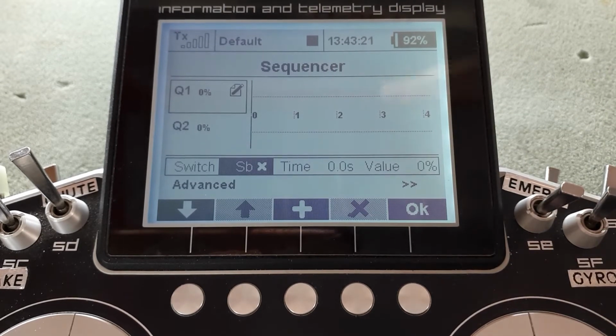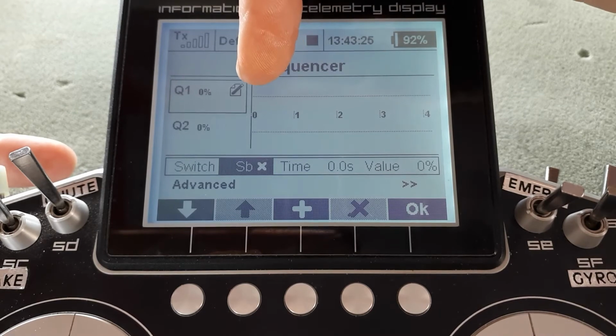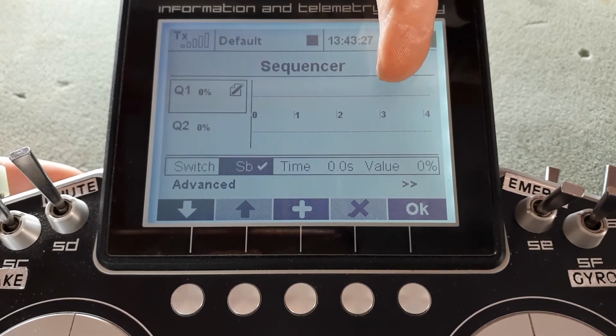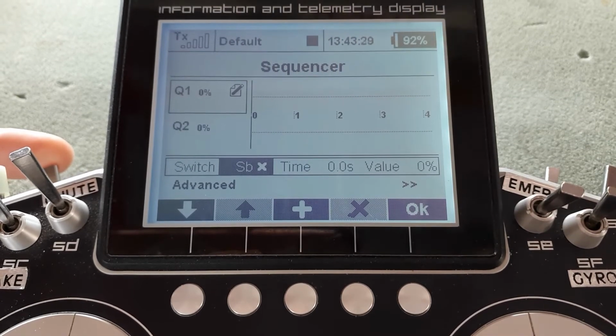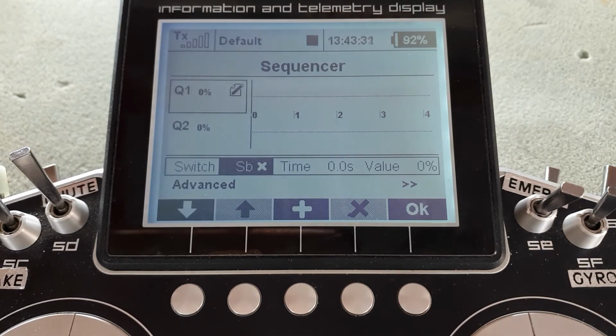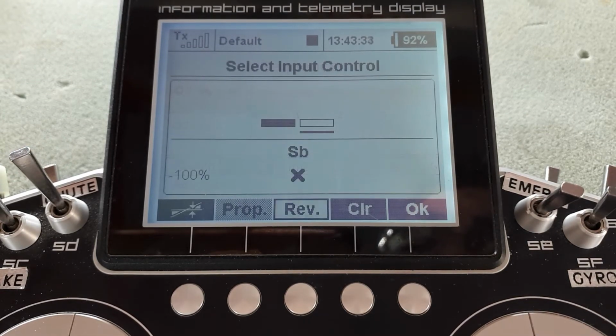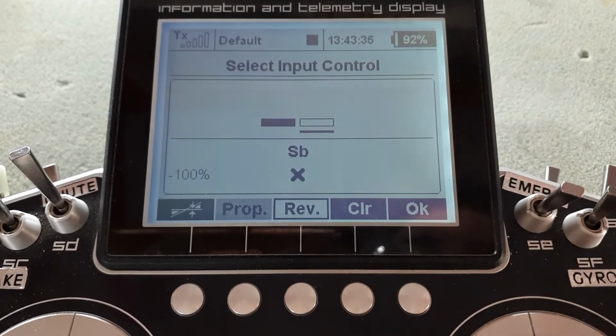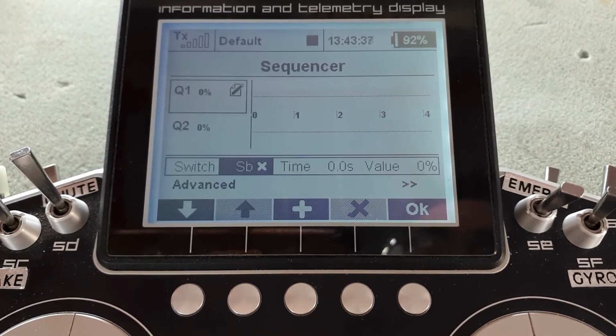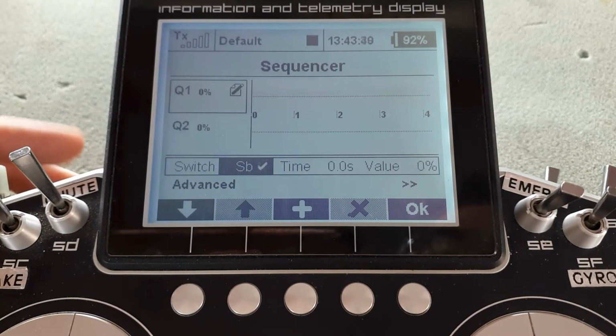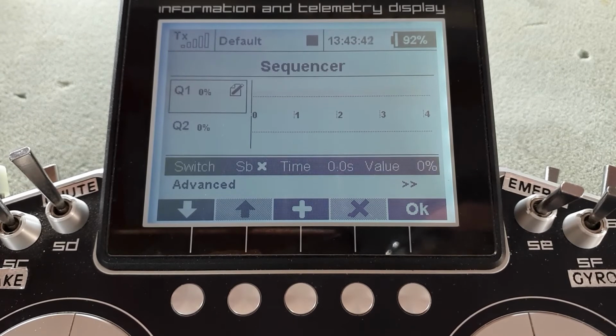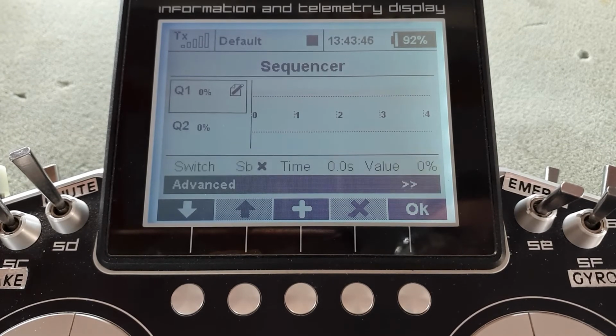So just to try and help keep things clear in my mind, I'm going to say that the sequencing is gear down, gear up. Okay? Now, oops, come out of that one. I shouldn't have pressed the button again. Just confirm I've still got it. Good. Escape from there. And if we come down to advanced,